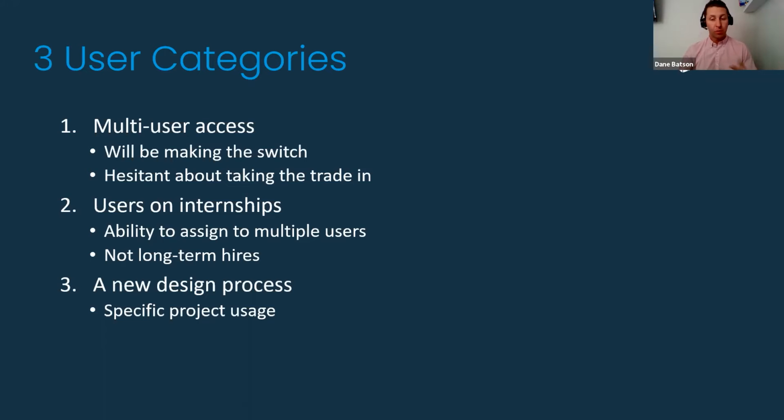Third, and probably most important, and what I think is a main intention behind Autodesk's options for this, would be a new design process or a specific project usage. So if you have a new process you're going to start, if you have a new project that you're not fully aware of the commitment you're going to be making, whether you're in AutoCAD or Revit and you're using another product on the side, you can buy these tokens for that specific project or for a specific time and say,